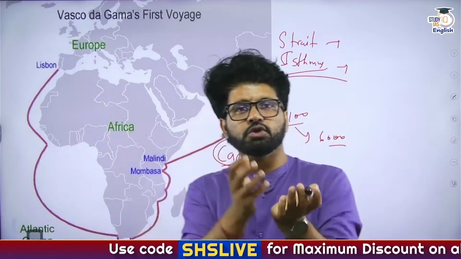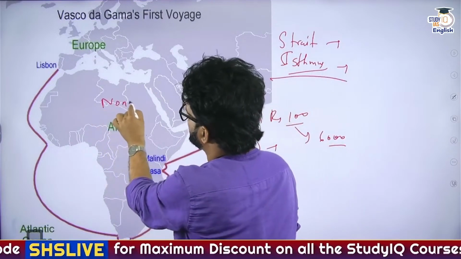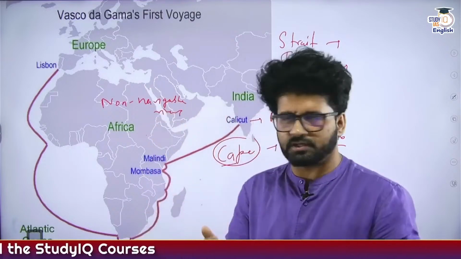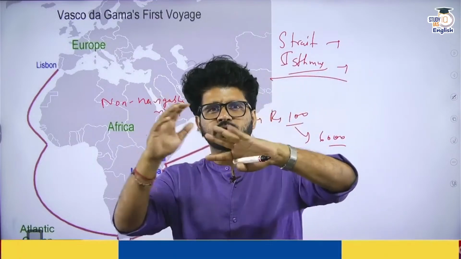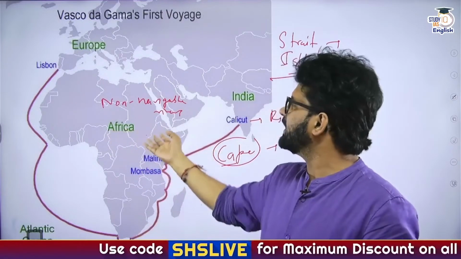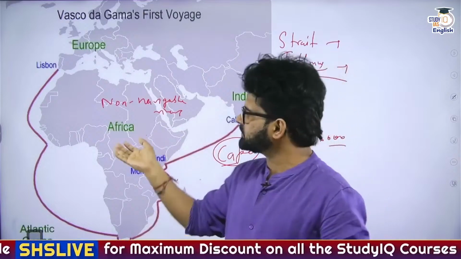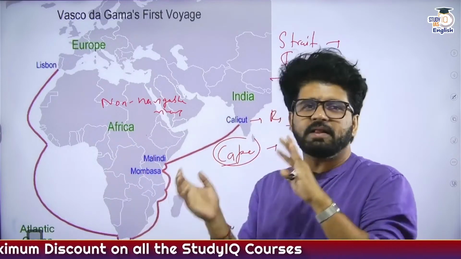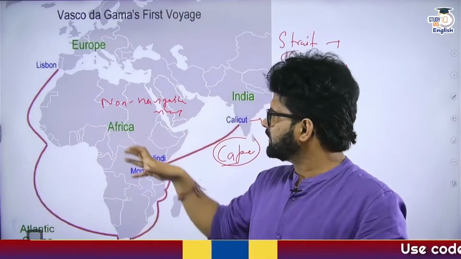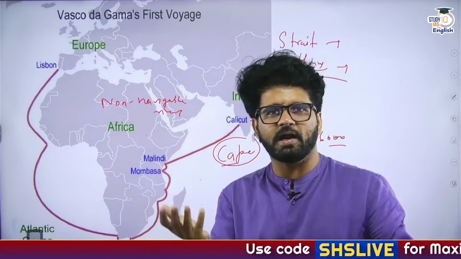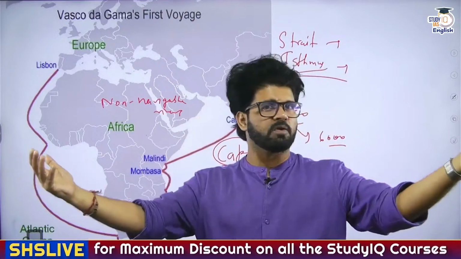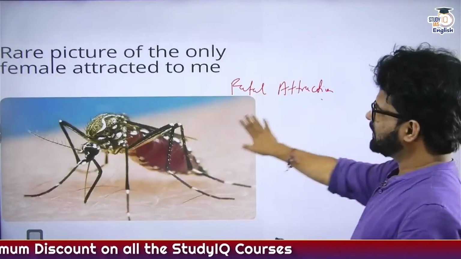Then the second major reason was non-navigable rivers. In Africa, there were so many rivers which you cannot go through using traditional boats, etc. So when they had steamboats and the advancement in technology happened as far as ships and boats are concerned, then they were able to navigate these so-called non-navigable rivers, plus the insularity of African tribal people. But that is the third reason. These two were the major reasons. Malaria, non-navigable rivers. And when they got the solution for all these things, they had already had advancement in technology as far as artillery and weaponry is concerned. So they came and they did Scramble for Africa. So this is not a joke, although it seems like a joke to you.